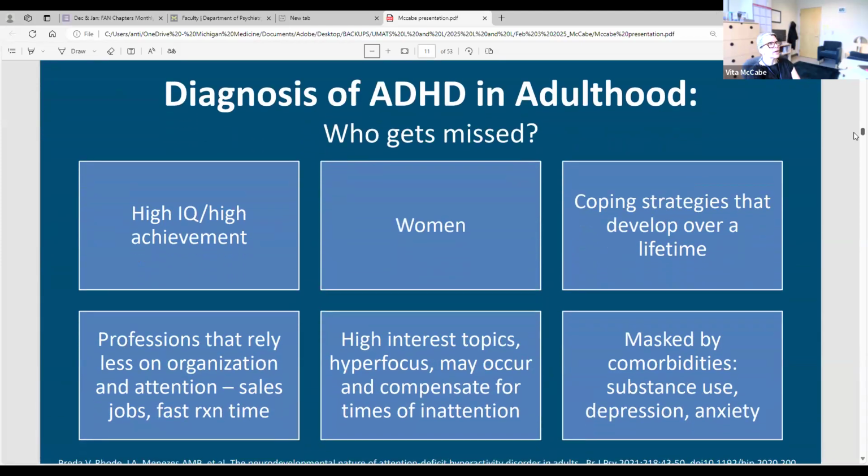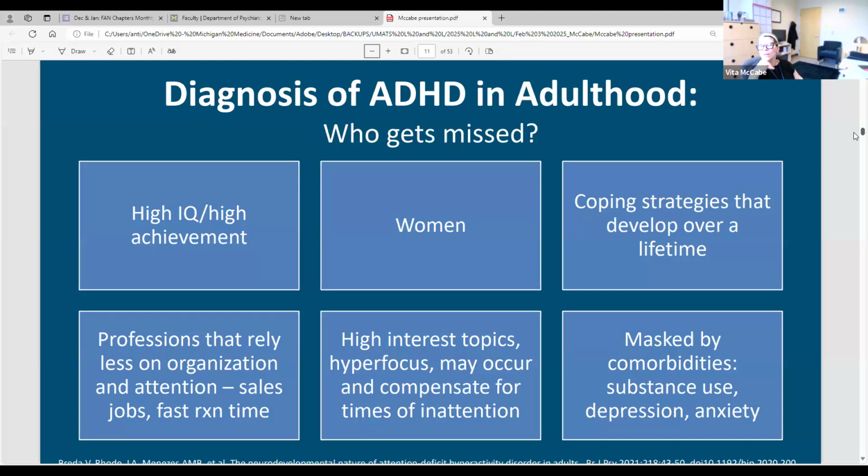So who gets missed, right? Who are we seeing in adulthood? In general, high IQ and high achievement are often missed until later in adulthood. Women, there was one study that showed in women with ADHD, it's a graph related to IQ. And if the IQ is 120 or above, they typically got diagnosed at like 45 to 50 years